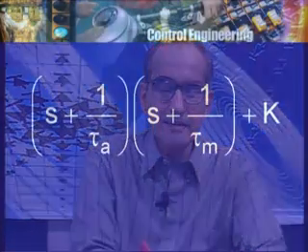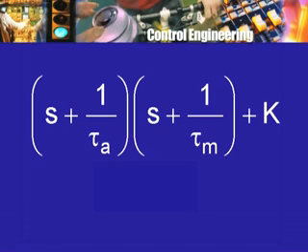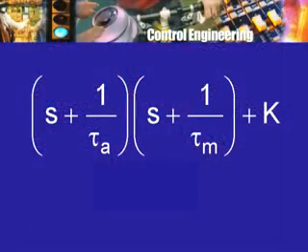So, what I am looking at looks like s plus 1 by tau a into s plus 1 by tau m plus a coefficient which I will call k. So, I am looking at the roots of this kind of expression, a quadratic, s plus 1 by tau a into s plus 1 by tau m plus a coefficient k. Depending on the value of this coefficient k in relation to tau a and tau m, I will have one of the three situations. The root locus method enables you to find out what is exactly the case. Now, what I am looking at is the partial transfer function from the applied voltage to the speed. You remember that, and I am going to look at the poles of that transfer function.